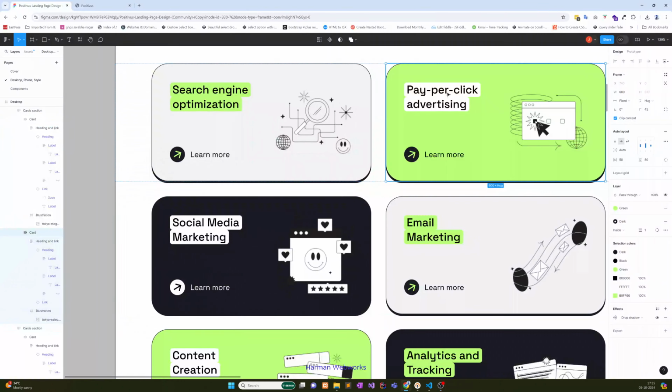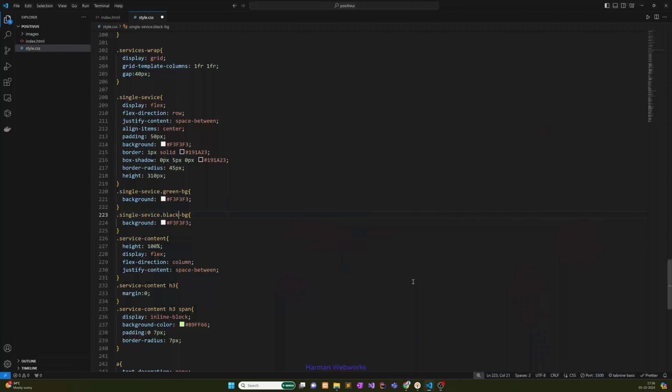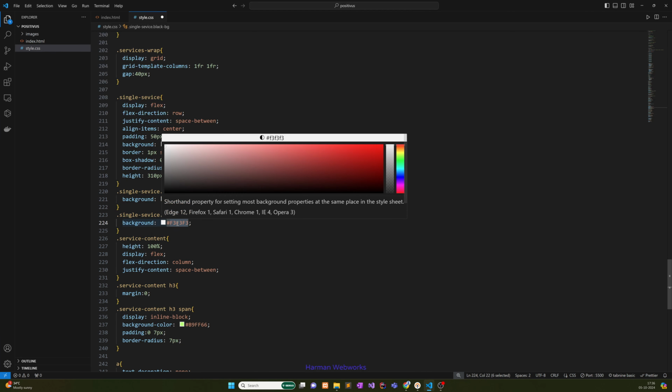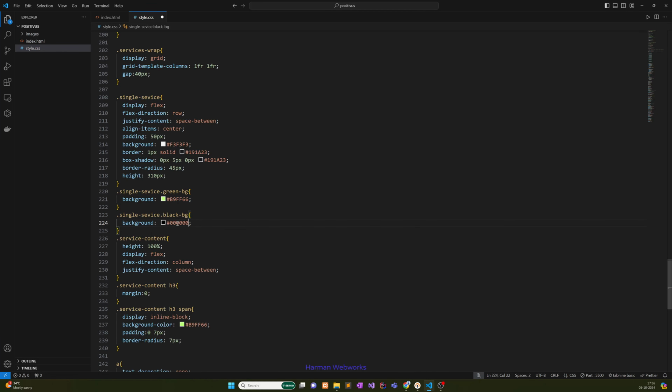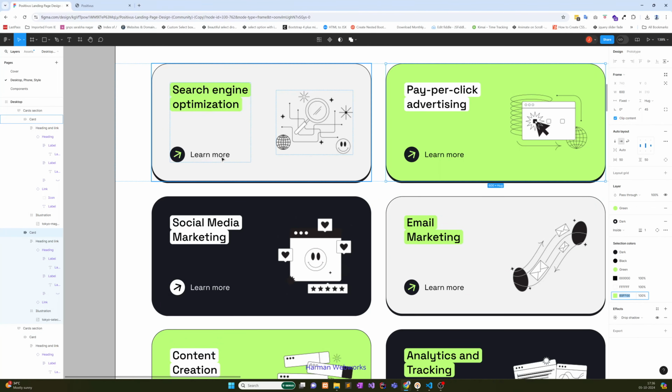Let's have a check. Here we have this one. Okay, 0. Now we should replace this one with the green color and here with the black color. Okay, save it, and save it, and here we have this